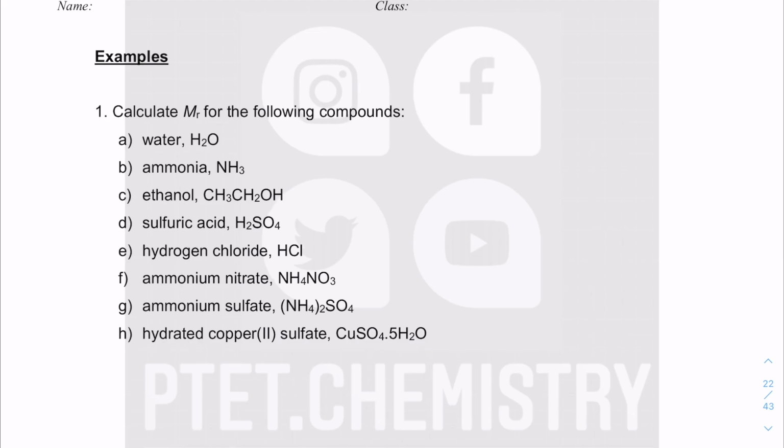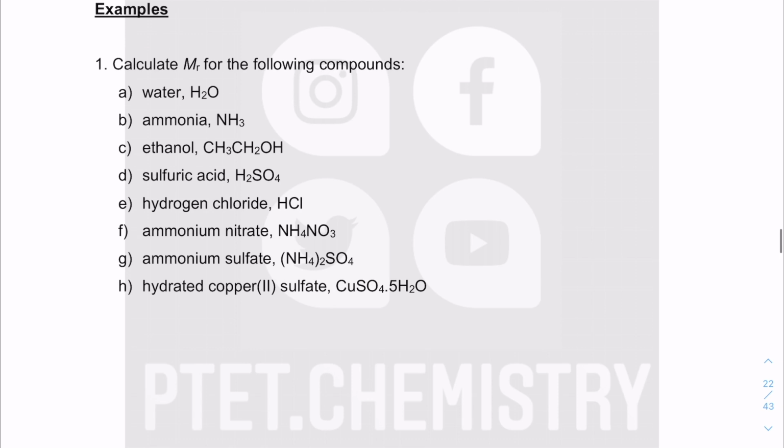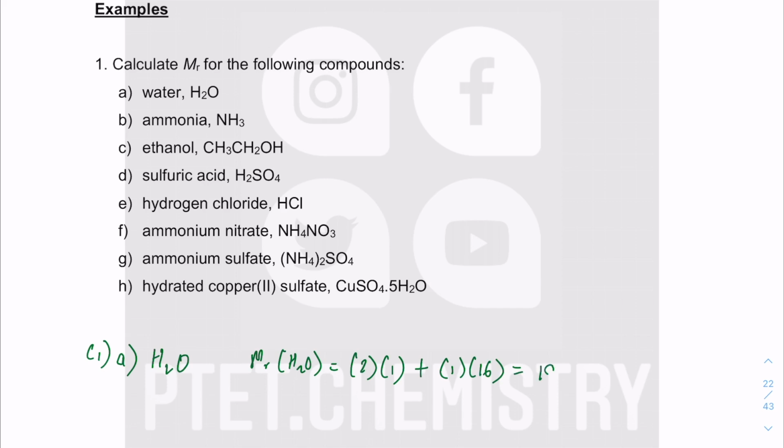So we have a few examples here of you having to calculate the MR for the following compounds. To do this, you should have a periodic table next to you so that you can refer to it easily. So for H2O, this means you have 2 hydrogen atoms. The MR of H2O, typically we will write like this, MR and then bracket H2O, we will write 2 times 1 because there are 2 hydrogen atoms and each one has a relative atomic mass, or we say the AR of hydrogen given the periodic table is 1, and we're going to sum up. You have 1 oxygen, each of which is 16,